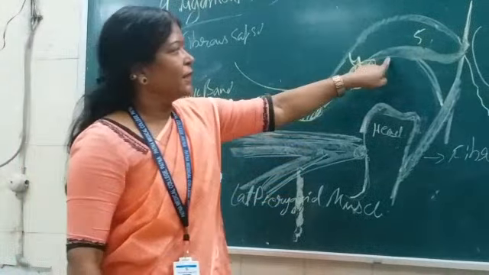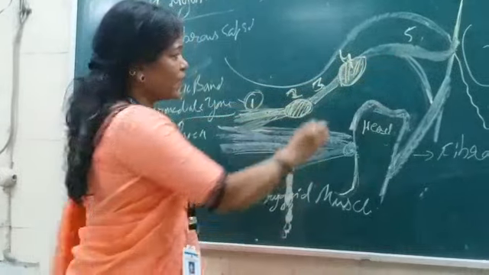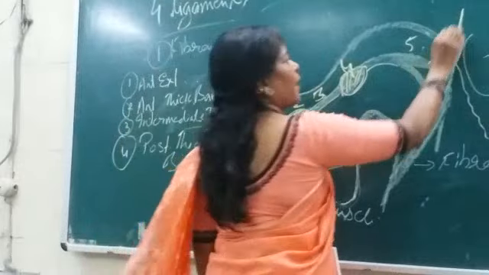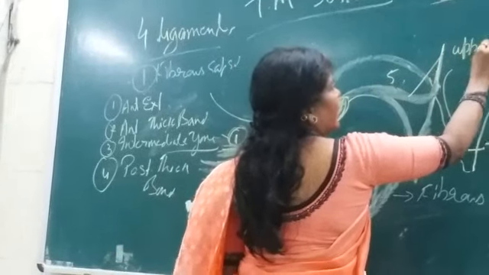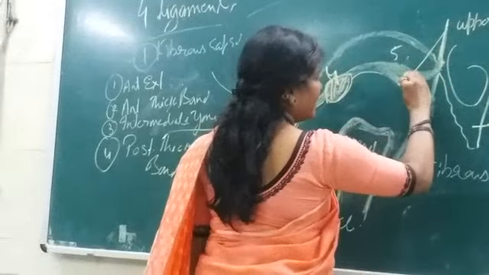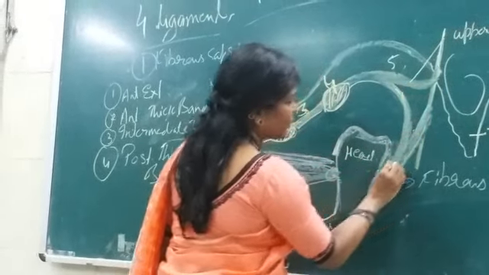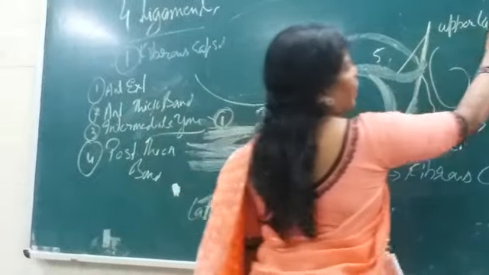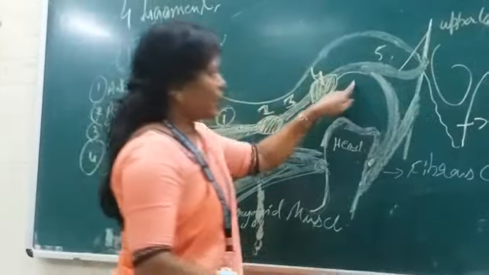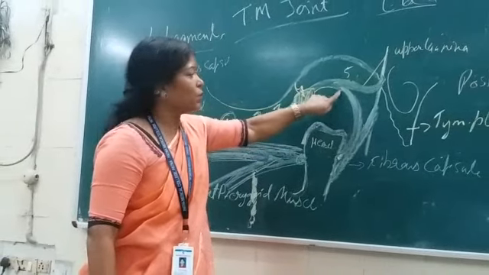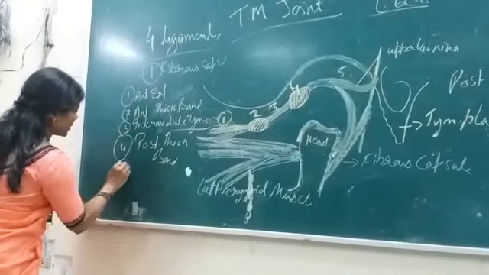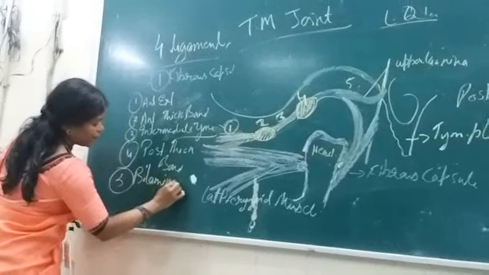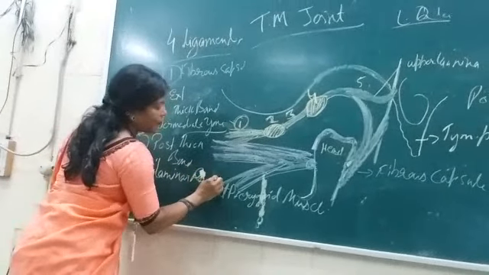Lastly, this is the bilaminar region. Can you see the splitting of this intra-articular disc here into two laminas? This is the upper lamina, and here it is the lower lamina, like this. This upper lamina of this intra-articular disc, which is the posterior most zone, that is the bilaminar region. Why is it known as the bilaminar region?